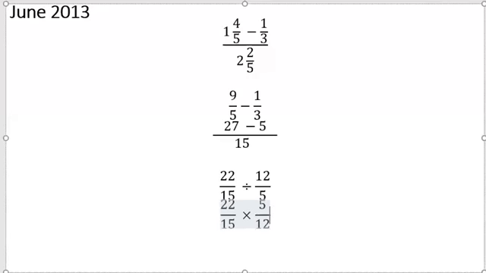And this is what we're now working with. So it's 22 over 15 multiplied by 5 over 12. So what you'll see is that we can now simplify this fraction. So I could actually say 5 into itself goes 1 time, 5 into 15 goes 3 times. So I have a 1 here and 3 here. And then I can also say 2 into 12 goes 6 times, and 2 into 22 goes 11 times. So what I'll be multiplying then is 1 times 11 to give me 11 divided by